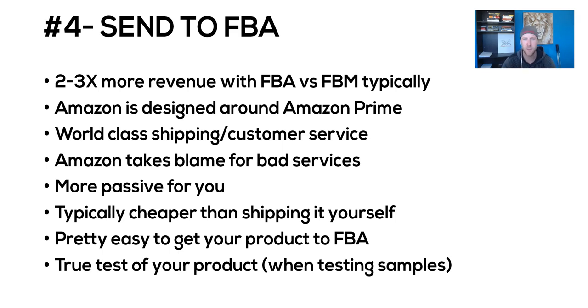That's the foundation of Amazon: Amazon Prime, the shipping, everything. So it's best to just comply with it, and it is the best way to go for sure. So 2 to 3 times more revenue with FBA versus merchant fulfilled, typically. Not always, it depends on the niche and the products, but a lot more revenue if you do FBA as